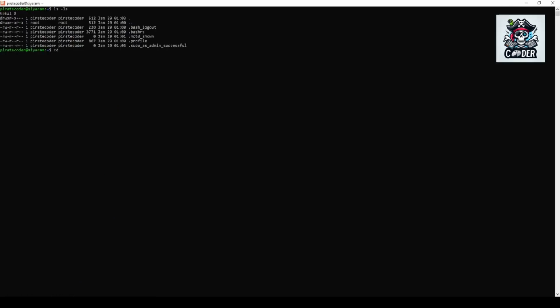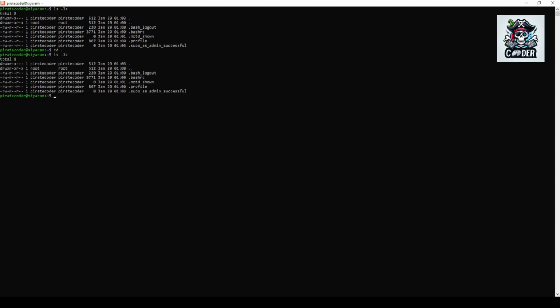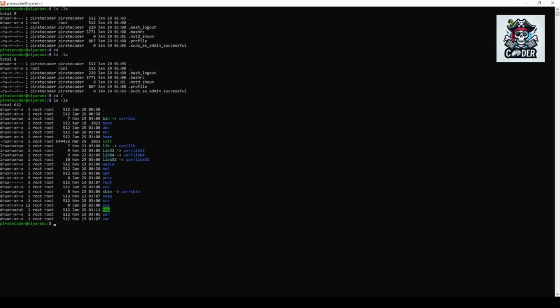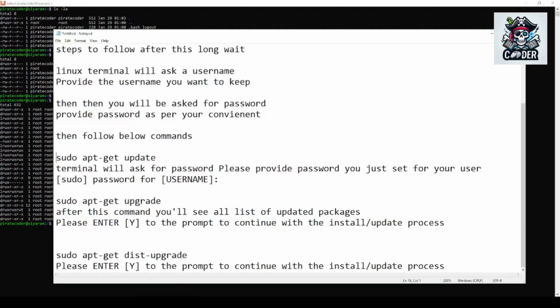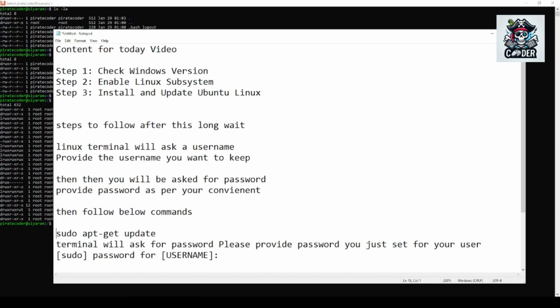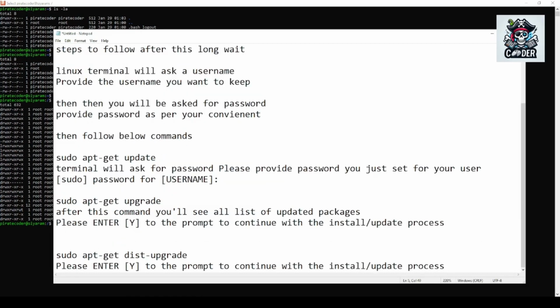And let's say right now we are at home, and this is the root directory you have. So I'll just give you a quick brief. So basically our content is this. Now what we have to follow is these commands and these commands. So I think we all are good here.